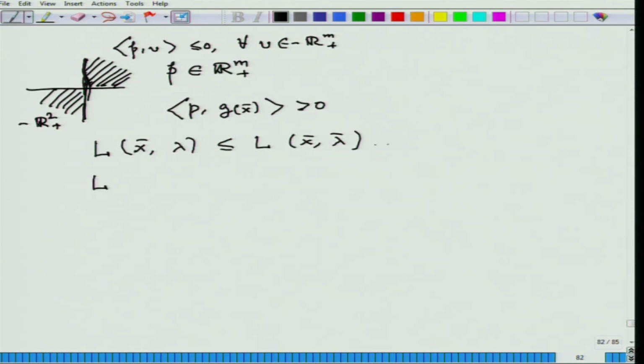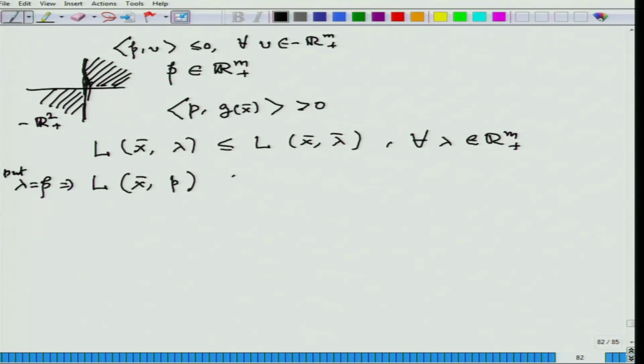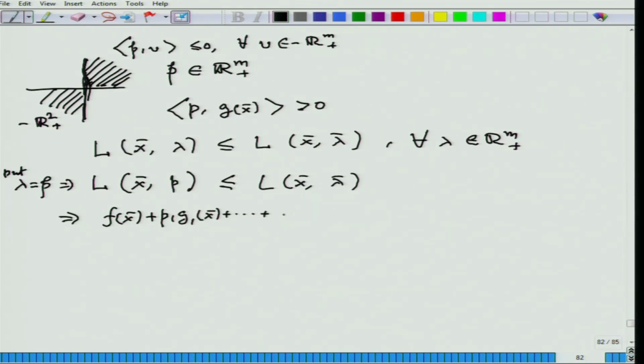Now, this is true for all lambda. So, L of x bar, P, because P is also in R m plus, this is true for all lambda in R m plus. So, putting lambda equal to P, it implies that this is less than L of x bar, lambda bar. So, this would imply f of x bar plus P1 G1 x bar, P2, sorry, PM